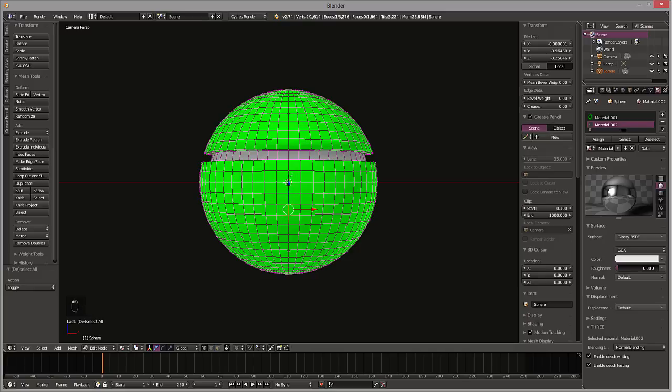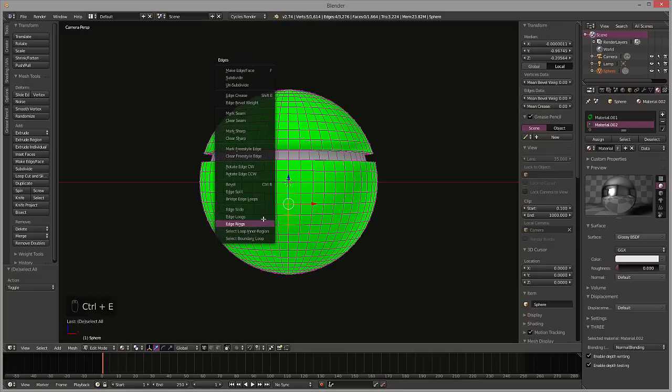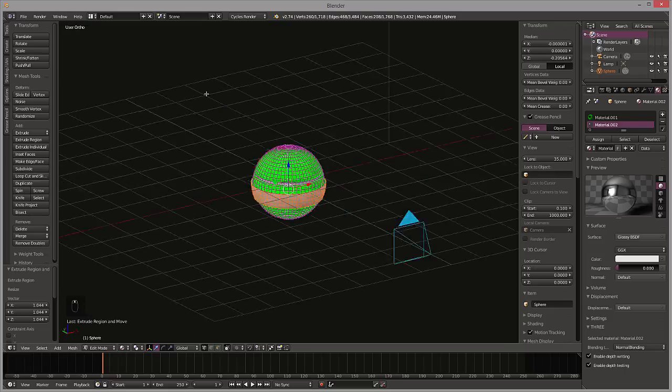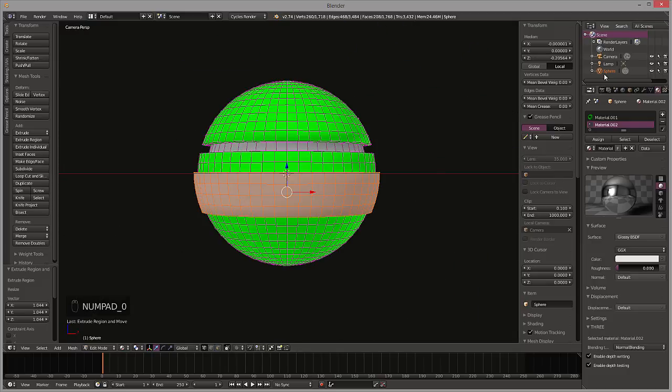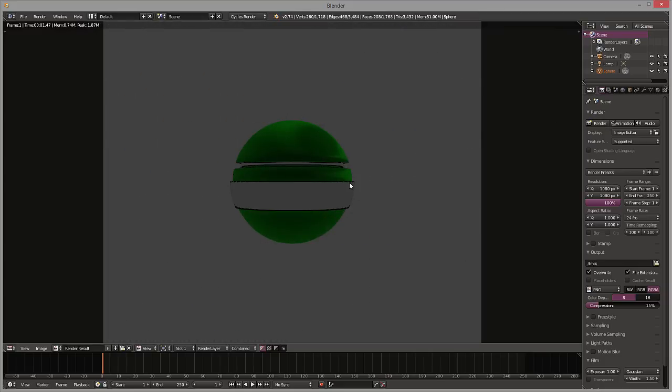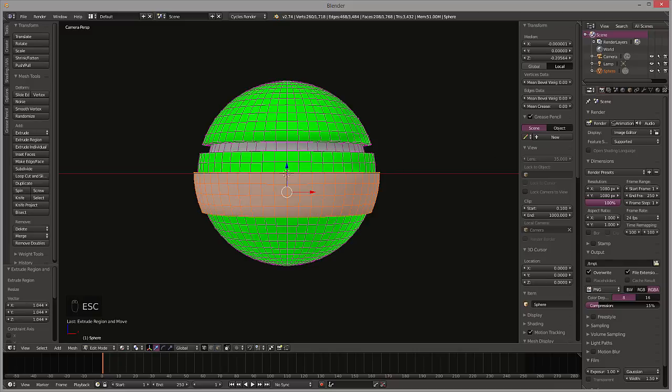I'll do a fat ring right here. Okay. Edge rings. And we'll assign that material right there. In fact, we can scale this one out a little bit. So extrude, scale. Kind of looks cool. So now if we look at that, let's go ahead and render that out real quick. Well, it's something. Okay, let's